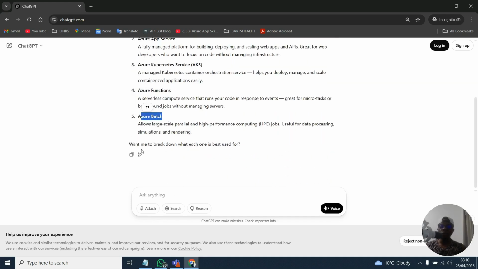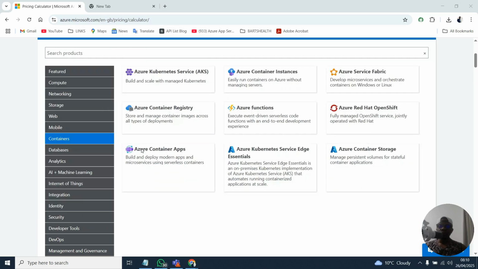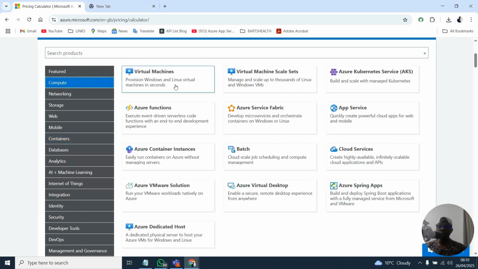So if I come back to the pricing calculator and click on Azure Compute, you will see all of these things here: Azure Virtual Machines, Azure Kubernetes Services, Azure Functions, Azure Batch. What is the next one? Azure App Service, right? So now you know that you are only going to be learning the 5 most popular services under Azure Compute.